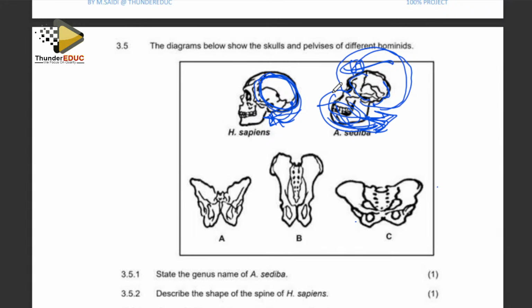If you did not watch the first part, I'm going to put it in the description so that you click on it and watch the first part, which involves the DNA and the meiosis. You understand? So that at least now you link them together and you're able to answer the questions.